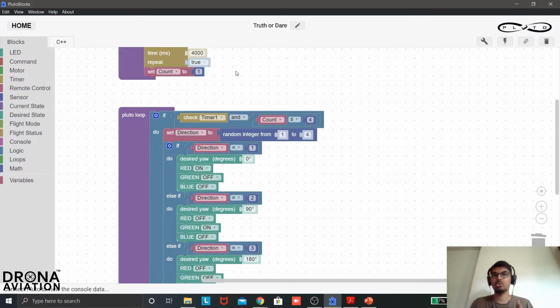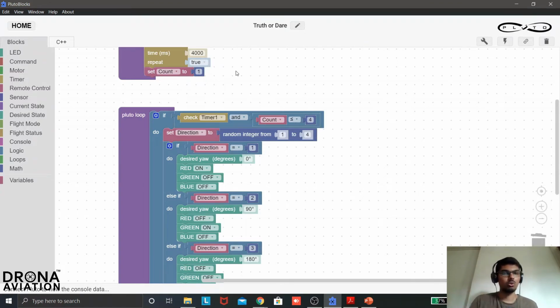Your project is going to run for 16 seconds. The drone goes up, you stabilize it. As soon as you press the developer mode, for 16 seconds the drone will keep on spinning in 4 different directions at intervals of 4 seconds. You can obviously change this, you can change the timing, just keep it a little bit long enough to help the drone reach its new yaw angle.